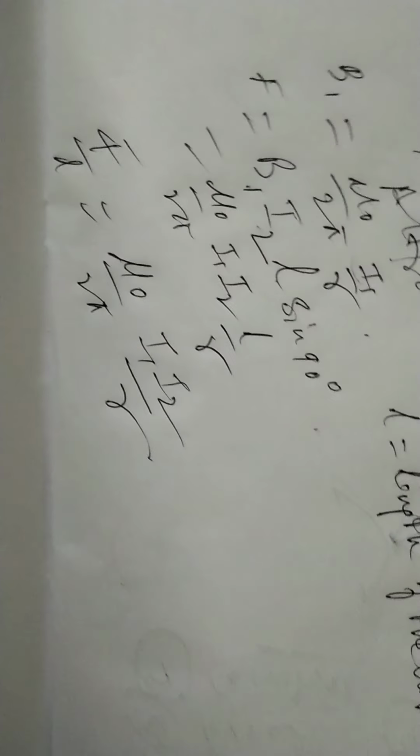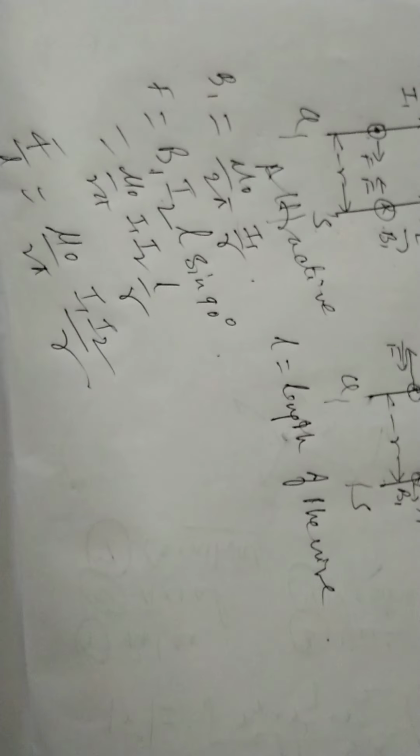The direction of the force will be given by the right hand palm rule or Fleming's left hand rule. If I2 is in the same direction as I1, then the force on RS will be directed towards PQ. That is the reason we have got this relation, and force per unit length is given by the formula mu0 by 2 pi, I1 I2 by R. R is the distance between the two wires. Now if the directions of currents in the two parallel wires are the same, so if I1 and I2 are in the same direction, the wires are